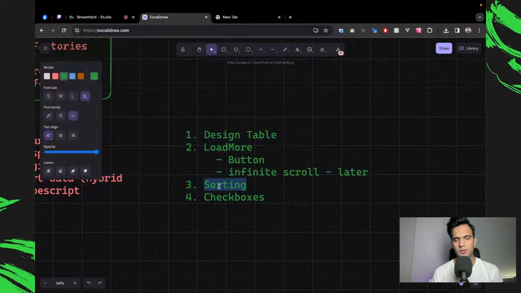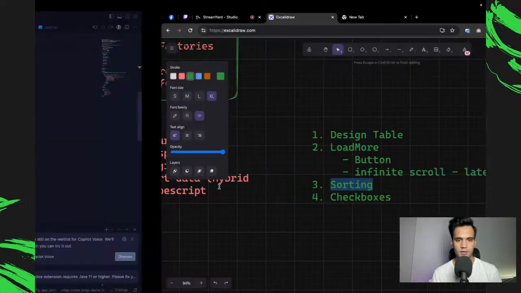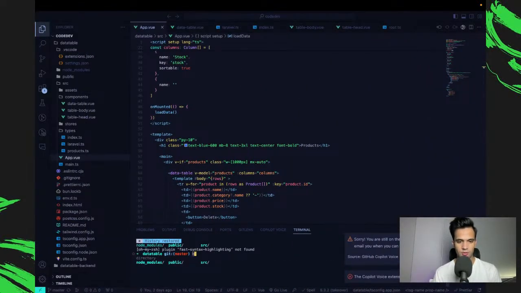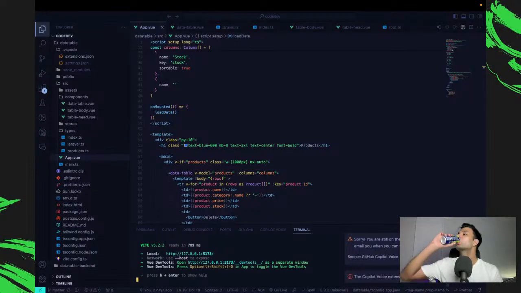So we need to implement sorting, and first of all, the sorting will be from the backend. And what I mean by backend, let's first not npm. I'm going to continue on with bun to run our server. And let's open up.